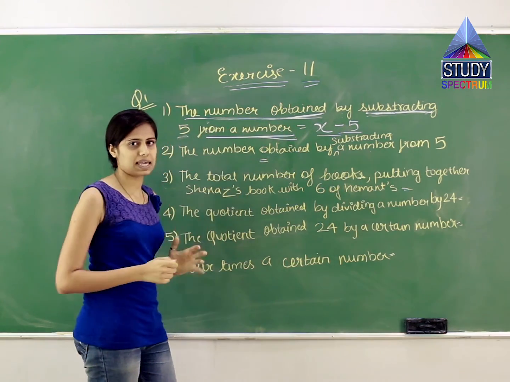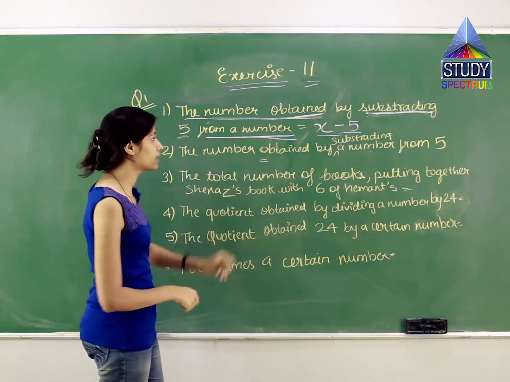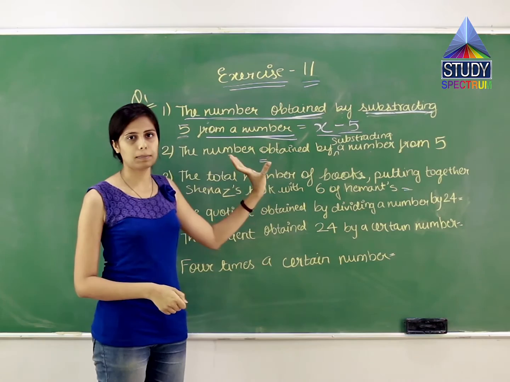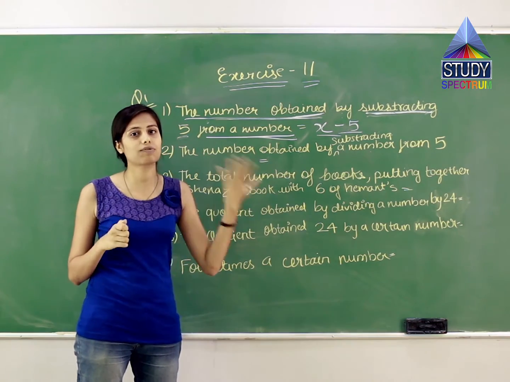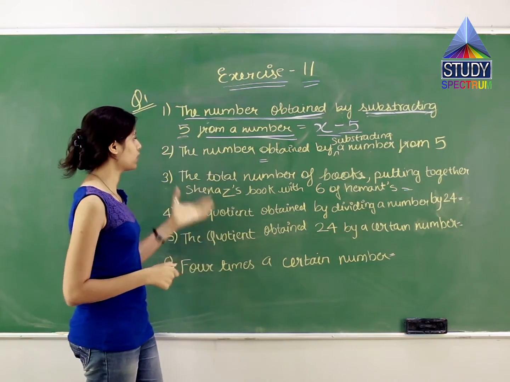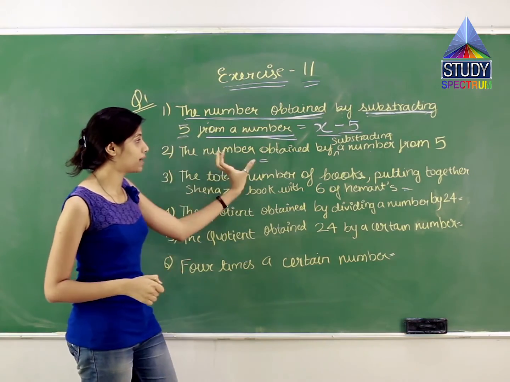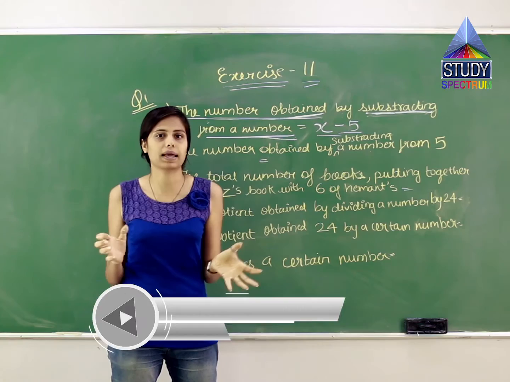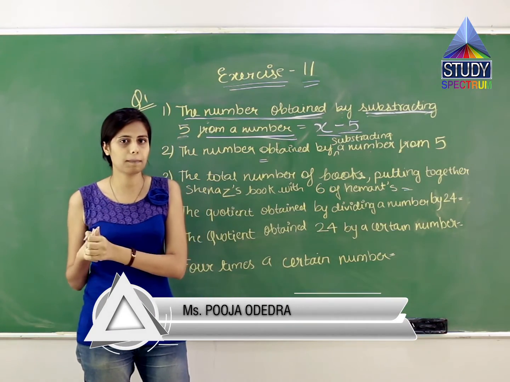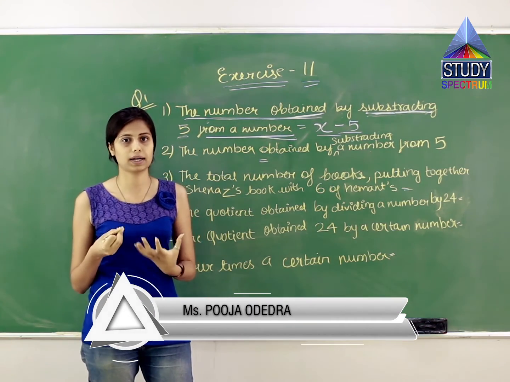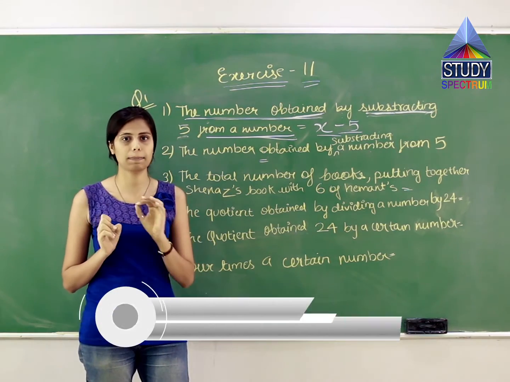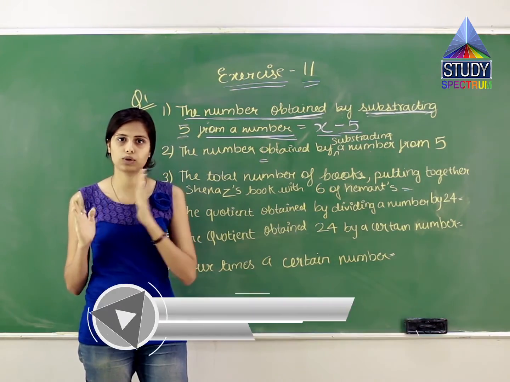दोनों स्टेटमेंट सेम है क्या? नहीं, क्योंकि यहाँ पे क्या बोला है? Subtracting 5 from a number means एक नंबर है उसमें से 5 subtract करना है. अब here what they are trying to tell is a number is obtained by subtracting a number from 5. From 5 means what? 5 हमारा नंबर है, उससे कोई एक नंबर सब्ट्रैक्ट करना है. That number is unknown. So what we will do? वो नंबर को हम रिप्लेस करेंगे एक लेटर से from A to Z.